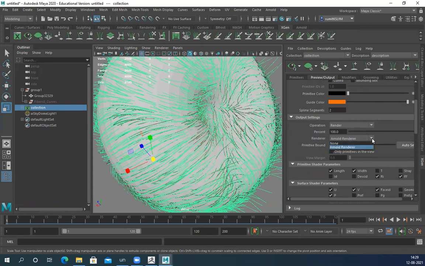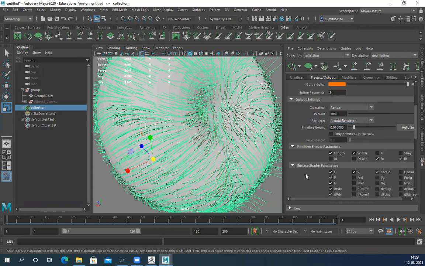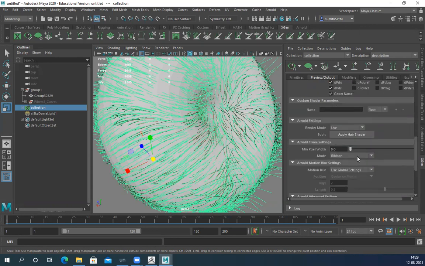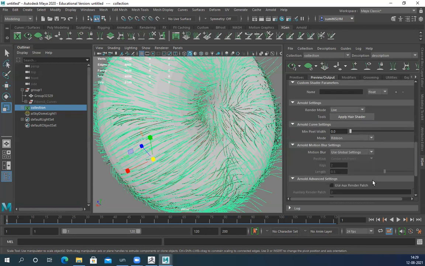It's correct. Apply shader here. Correct only.